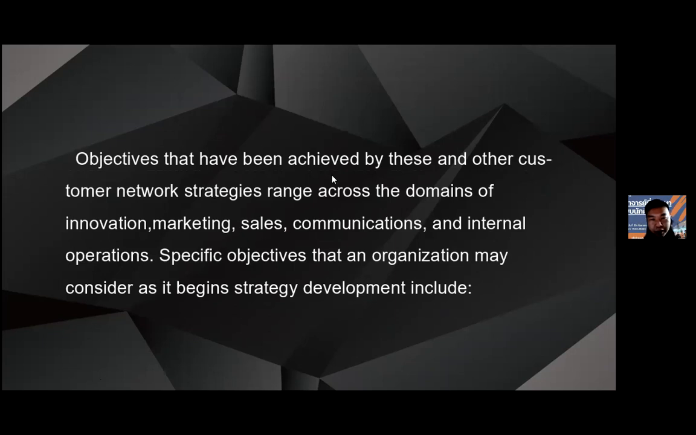Objectives that have been achieved by these consumer network strategies range across the domain of innovation, marketing, sales, communications, and operations. Specific objectives that an organization may consider as it begins strategy development include